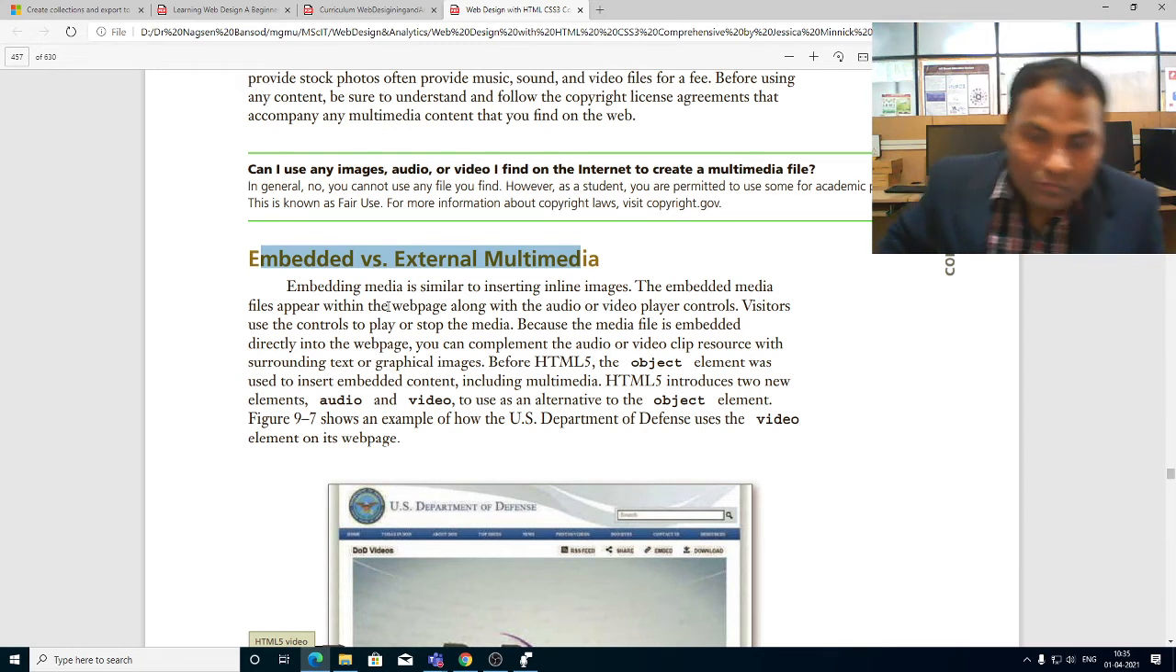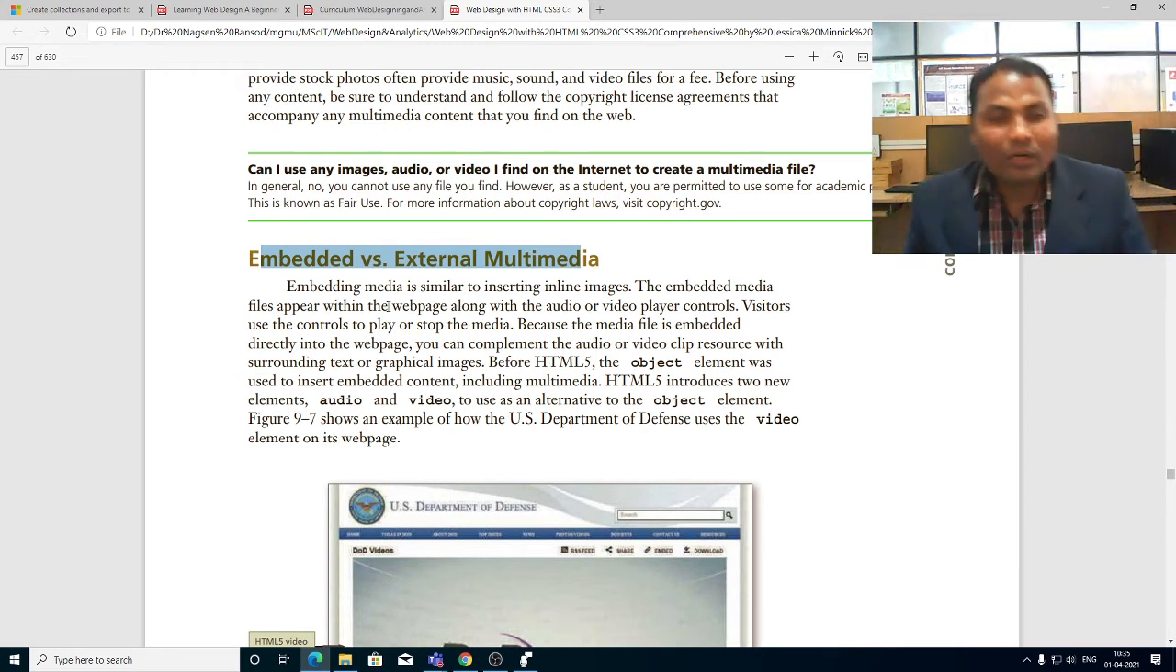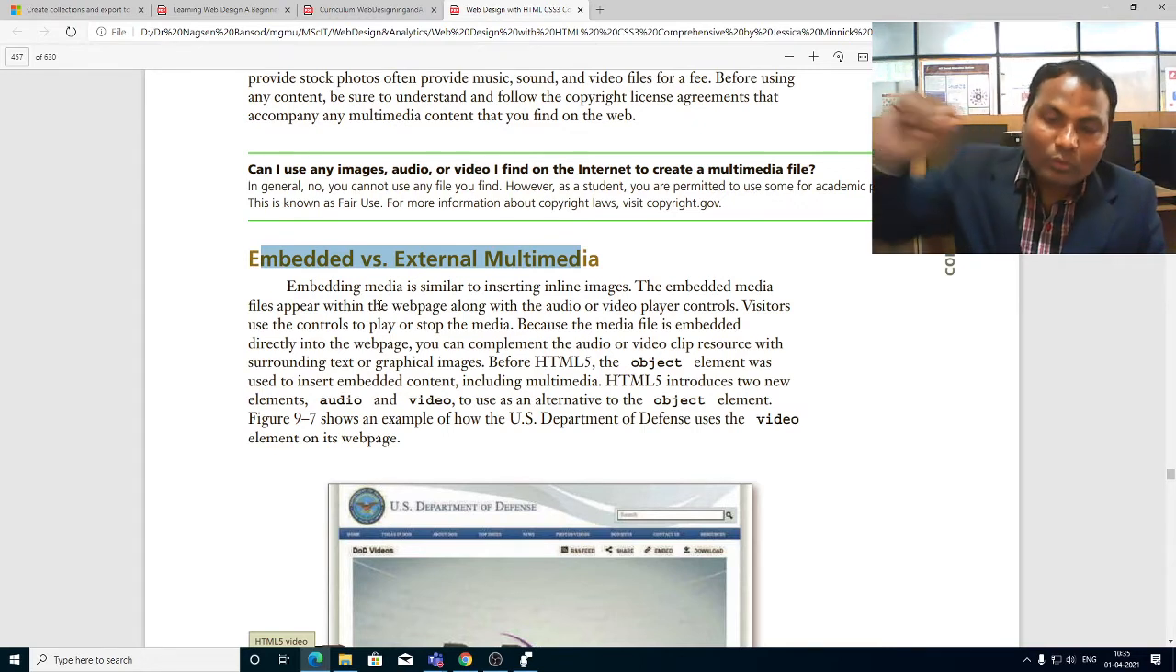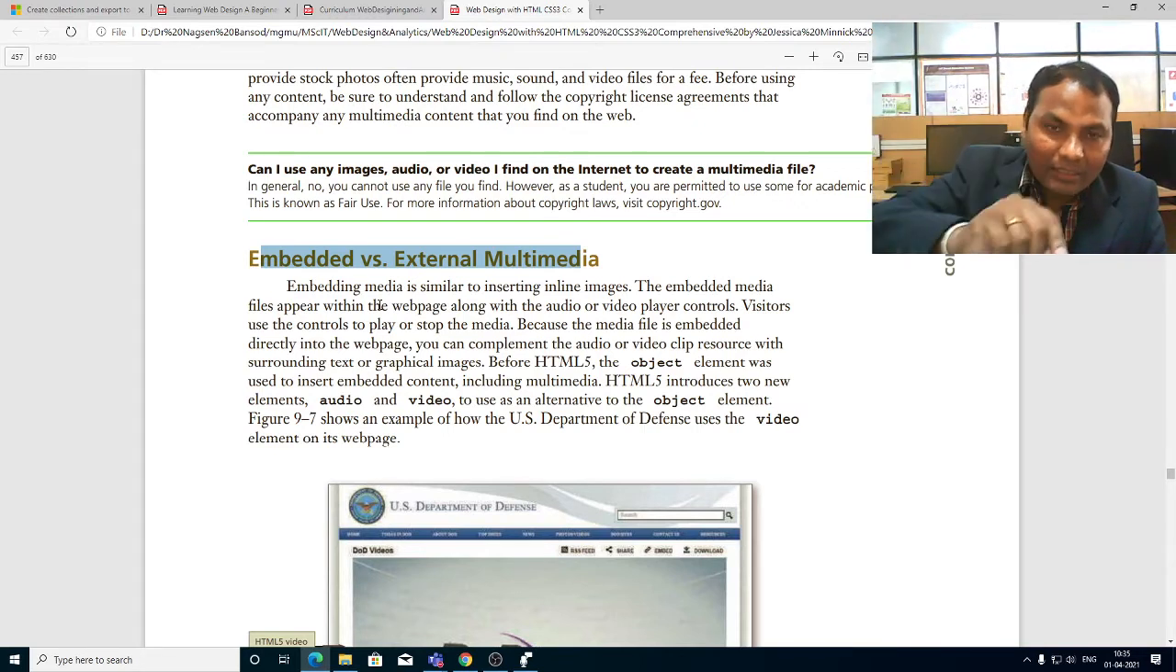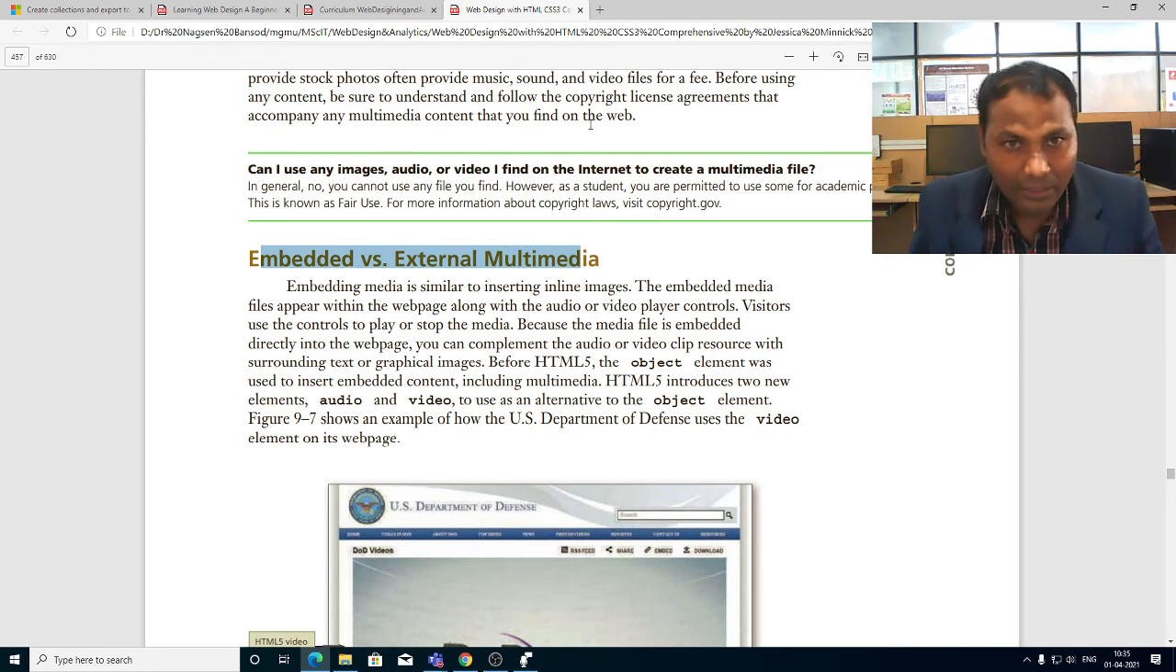These are the options we can create with embedded and external. In external, you have to go to the other website from the link and download that file. As we can see in one example here, you see,